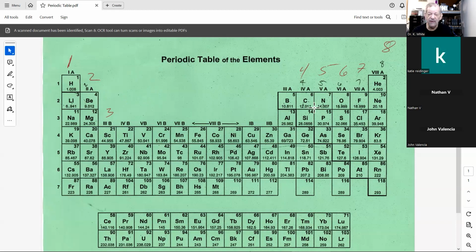So carbon, my favorite element, I'm an organic chemist, has 6 protons, 6 electrons, because here's the atomic number. Ooh, bromine, Br, has 35 protons and 35 electrons. And argon, which I worked with a lot in grad school, working to get my PhD, I used a lot of argon gas, has 18 electrons, 18 protons. The atomic number, this number, gives you how many electrons and protons an element has.